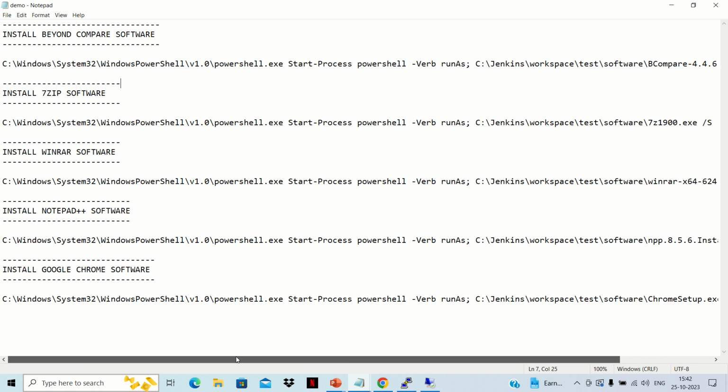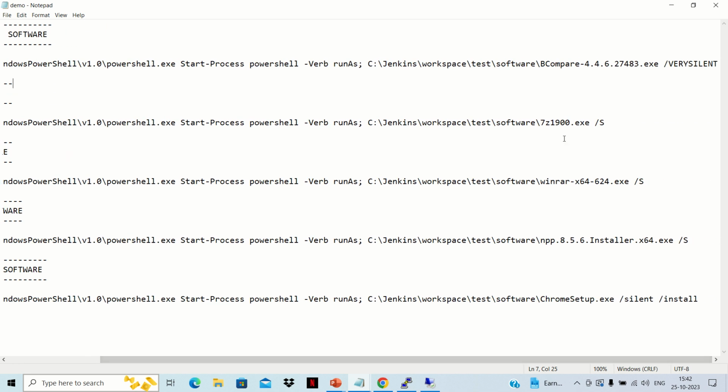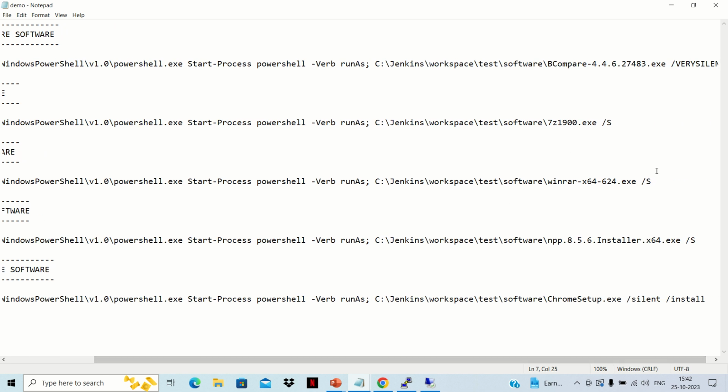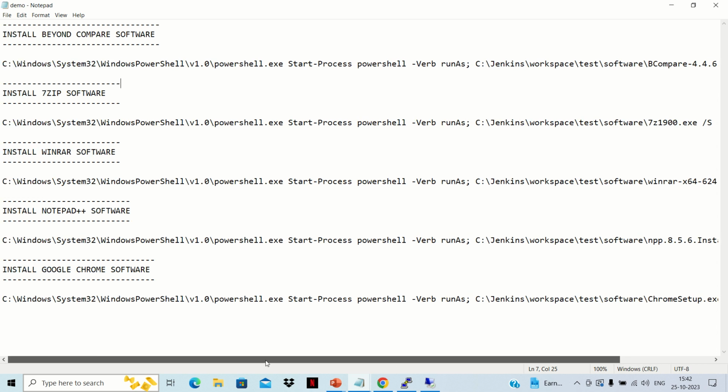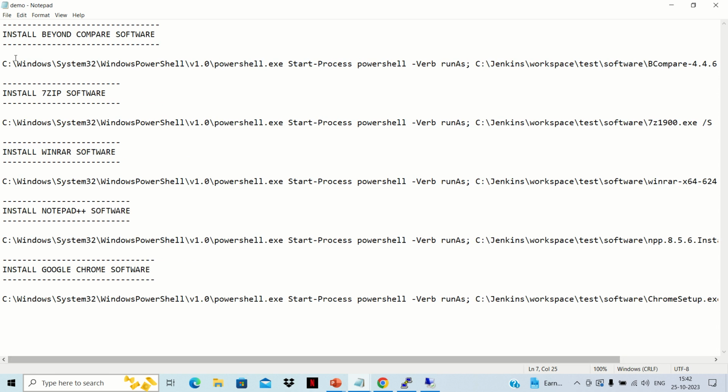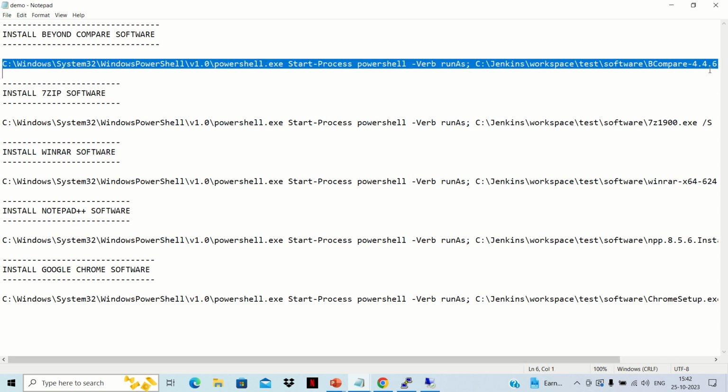So in case of Beyond software, we have very silent switch. In case of install 7-zip software, we are having this /s switch. And in case of WinRAR software, we are having also the same silent switch. For notepad++, also we are having same switch. And for installing Chrome, we are having this /silent/install. Okay, so what we'll do, we'll just copy this command